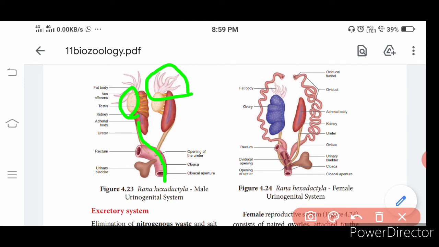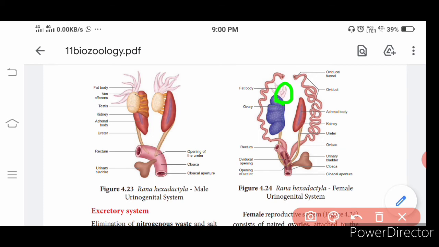And in the case of the female frog, the ovaries produce ova or eggs, which are taken up by the oviductal funnel. You can see the funnel-like structure here. It is called the oviductal funnel. The ova are released, the oviductal funnel captures them, and they are sent through the cloaca. That is what we call the path of the egg. In both cases you can see the ovary is also present near the kidney, and it also has the fat bodies as a protective structure.